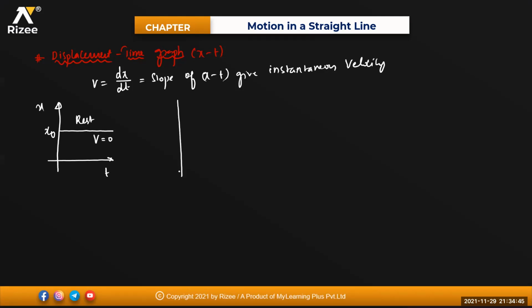Okay. And if the graph is something like this, this is your x-axis and this is your y-axis. On the y-axis we are taking x, on the x-axis we are taking time, and the graph is going as a straight line like this. Anywhere you take, this is your theta. Theta is less than 90 degrees. Anywhere you take this point, this point, this point, this is your theta, this is also your theta. Theta is less than 90 degrees. Isn't it? So the velocity at each and every point will be the same because theta is the same. So V1 will be equal to V2.